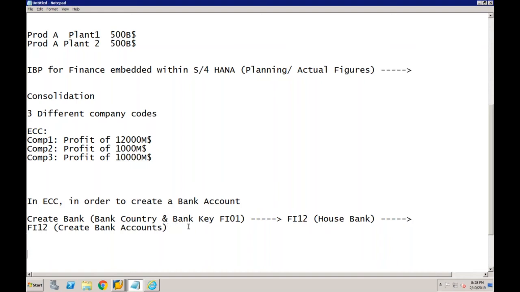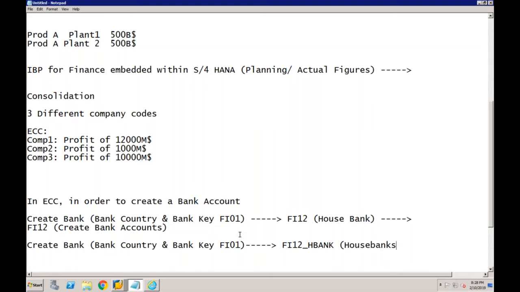Now in S4HANA, the first step is same. So create the bank using bank country and all using transaction FI01. This is same. But if you go to the next step, instead of using FI12, you will be using FI12 underscore HBank for creating the house banks. And again, in order to create the bank accounts, instead of using this FI12 once again, you'll be using a Fiori app called as